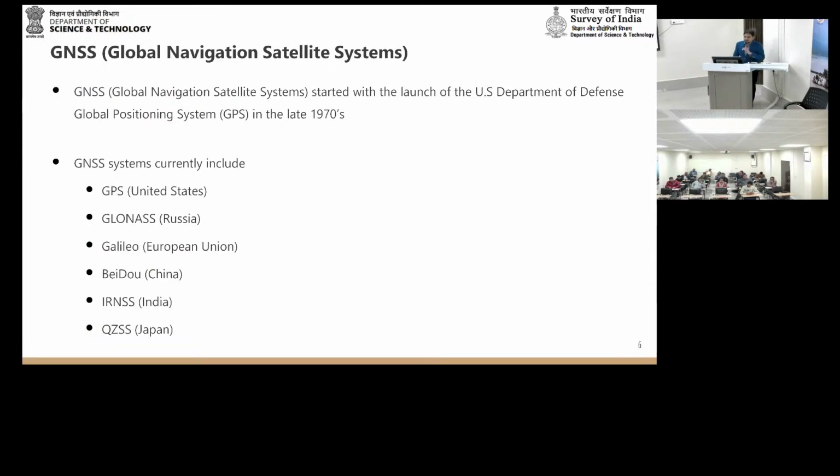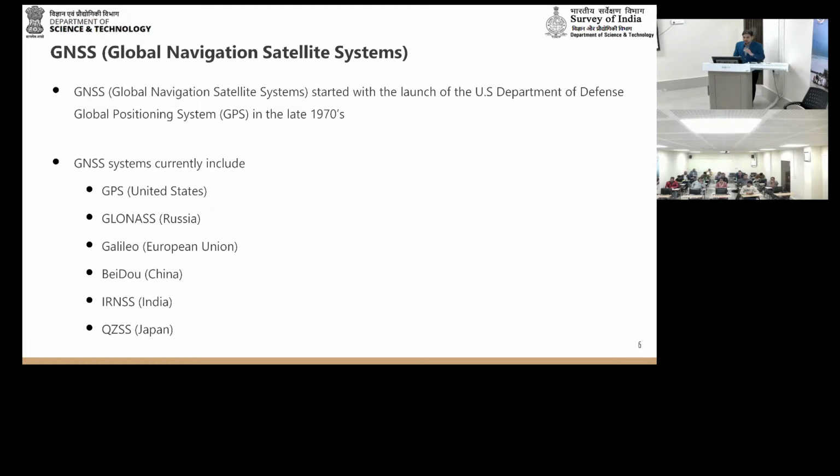Yeah, we'll see how CORS works and how it gives the accuracy. GNSS systems started with the launch of the US Department of Defense GPS satellites in the late 70s. GNSS currently includes the GPS of the United States, GLONASS of Russia, Galileo of the European Union, BeiDou of China, NavIC by India, and QZSS by Japan. These are all the satellites established